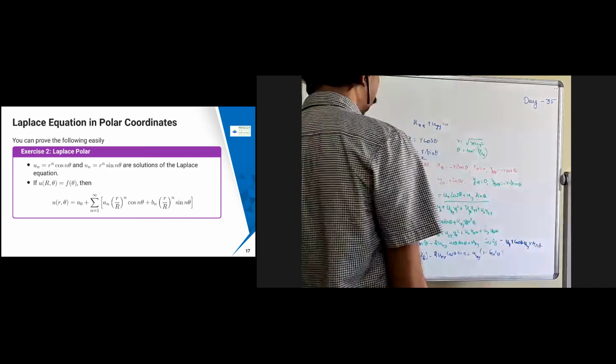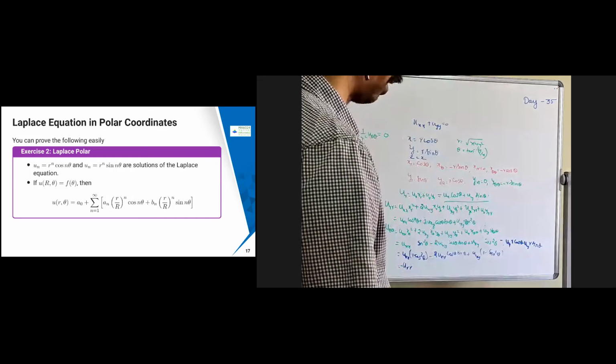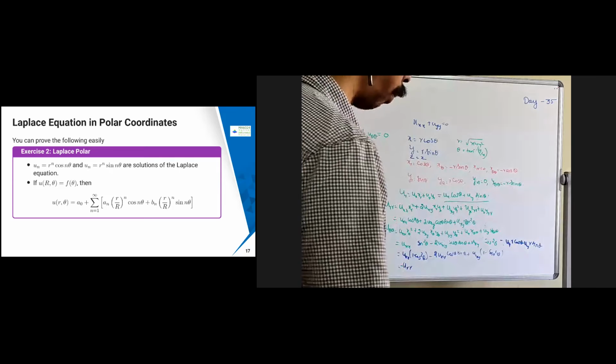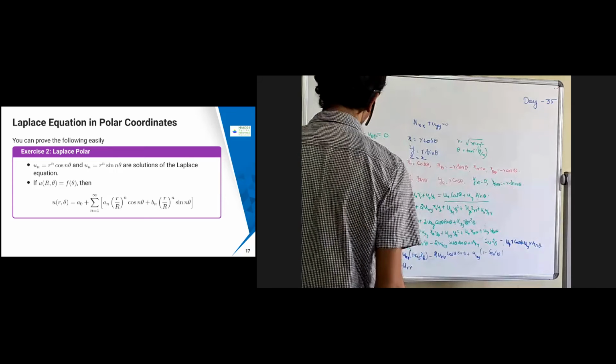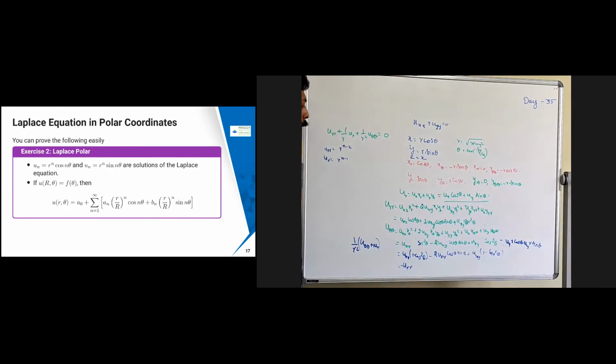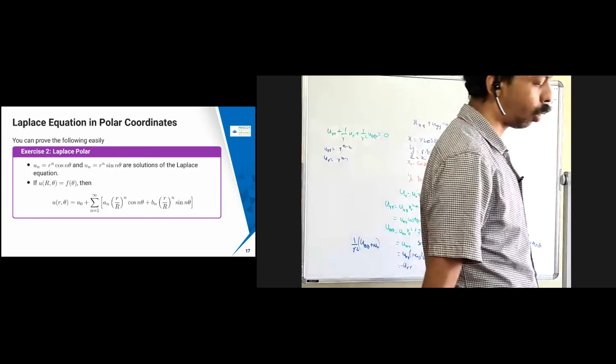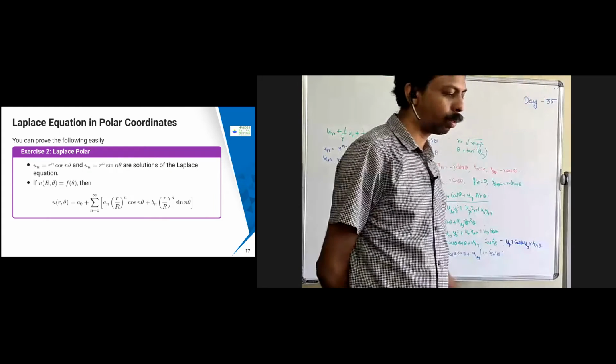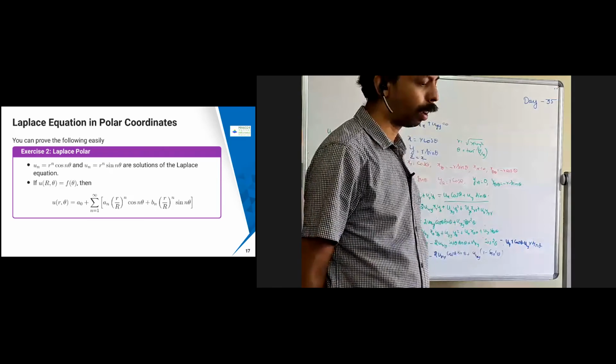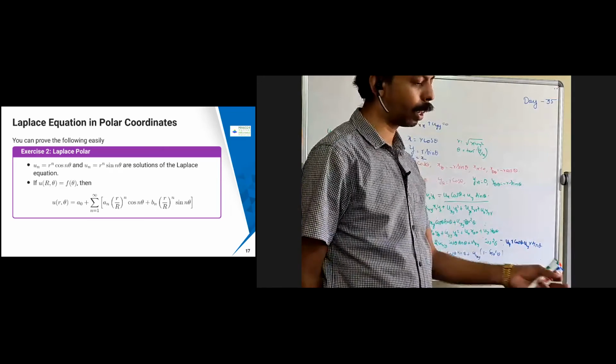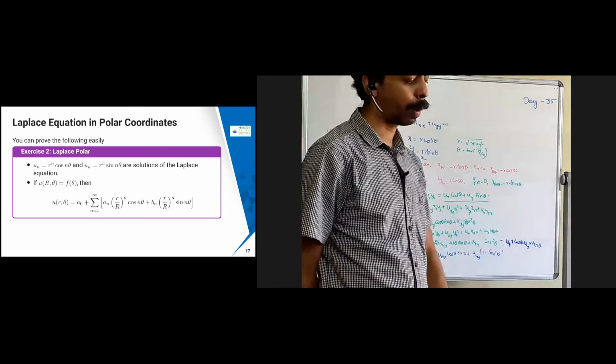In general, the way in which we derive the Laplace, heat equation or wave equation, we use separation of variables. In the separation of variables, we assume that u is equal to some g of r into t of theta, and then you can obtain the formula. You will get some kind of Fourier series, etc. The same kind of logic will come here.